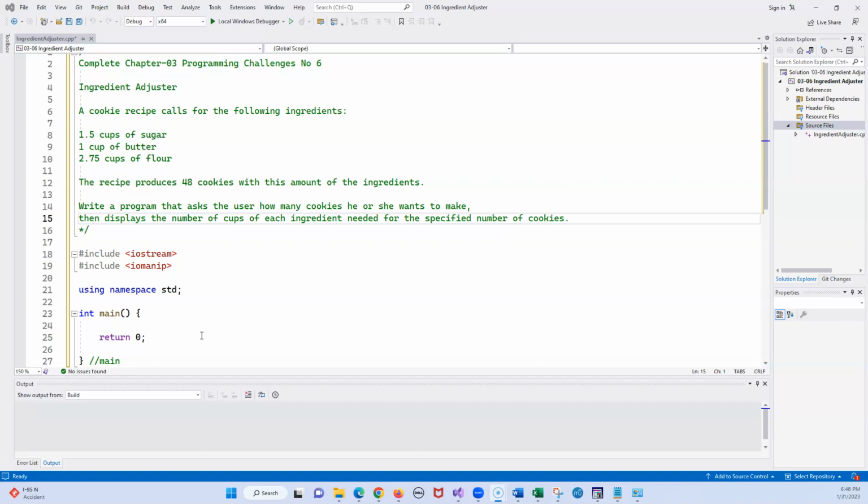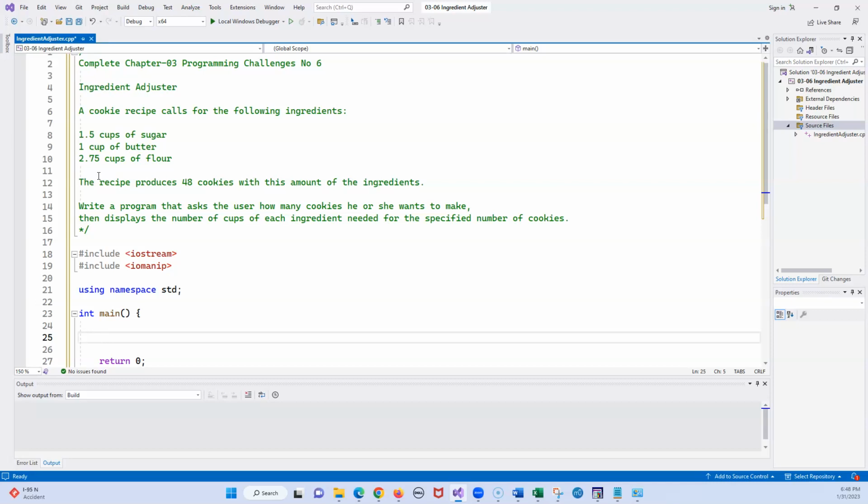So let's look at the variables that we're going to need. The first set of variables should be actually constants, and that is our original recipe ingredients. So now the determinant is, do we need to have them as an integer or should we have them as a double? So because we have 1.5 cups and we have 2.75 cups of flour, we definitely need to have them as a double. So we're going to type in const